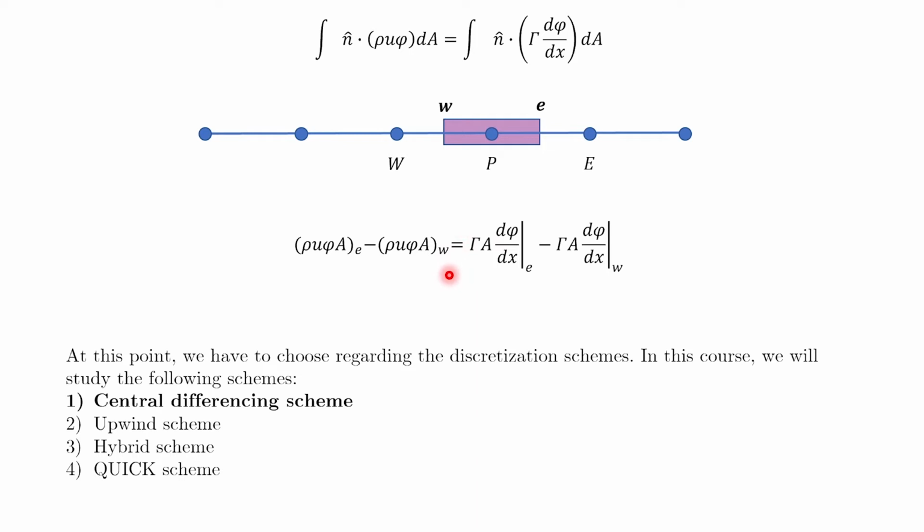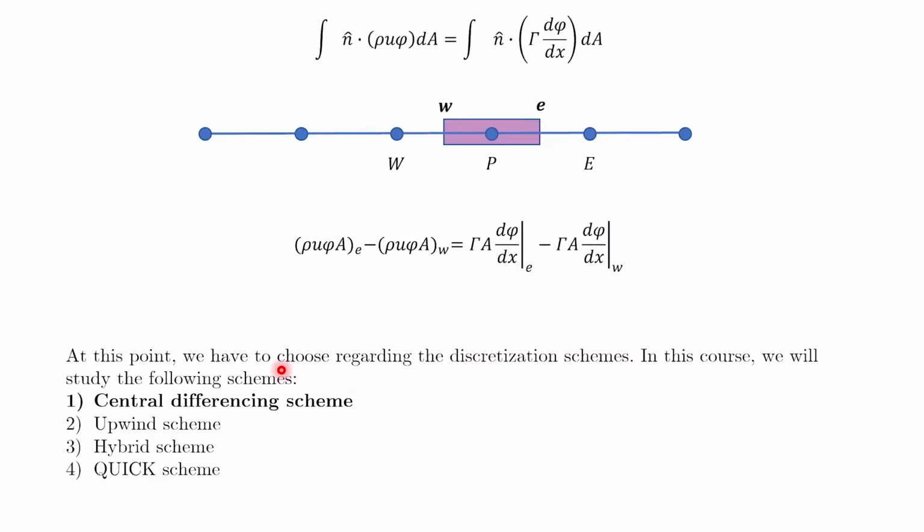And recall that we had the same expression that we had derived previously on the right hand side, that's gamma times a times d phi over dx at the east face. So previously we had a k, the thermal conductivity, instead of gamma, and we had temperature instead of phi. So this is a more general formulation and that is why we are sticking to it now. And again we would have the same expression evaluated on the west face.